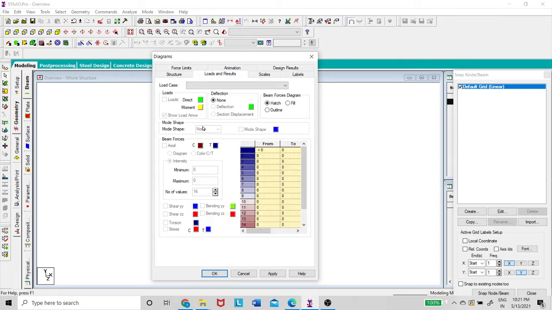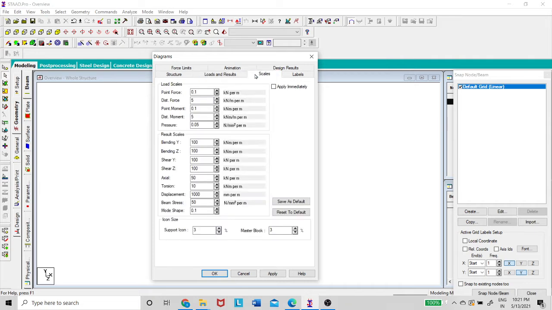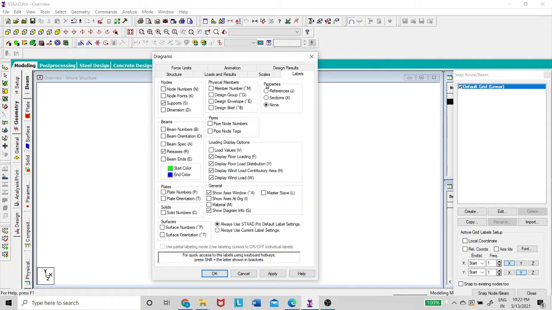And here for the load results also you can change the color configuration, and some scales. Whenever on the graphic interface, if you want to change the scale of a particular parameter, it will increase or decrease, you can see clearly by changing the scales here. And what are the labels? Labels means what is the node number, what is the member number, something like that.